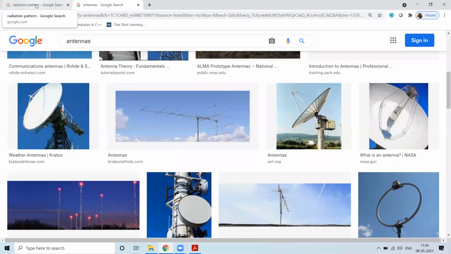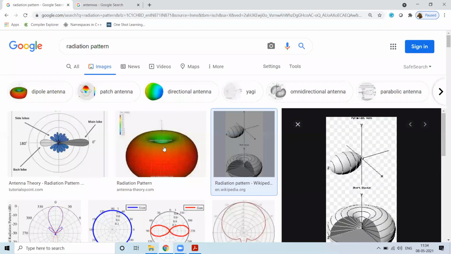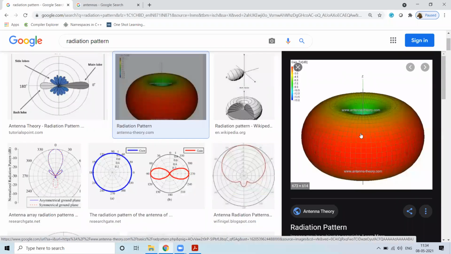So now, if we assume that there is an antenna in between, and I try to measure at a particular distance and move around, say along the phi angle and along the theta angle. Theta is the elevation, and the phi angle is called the azimuth angle. If I move around those angles and note down the electromagnetic energy being transmitted by that antenna, which is at the center of this XYZ axis.